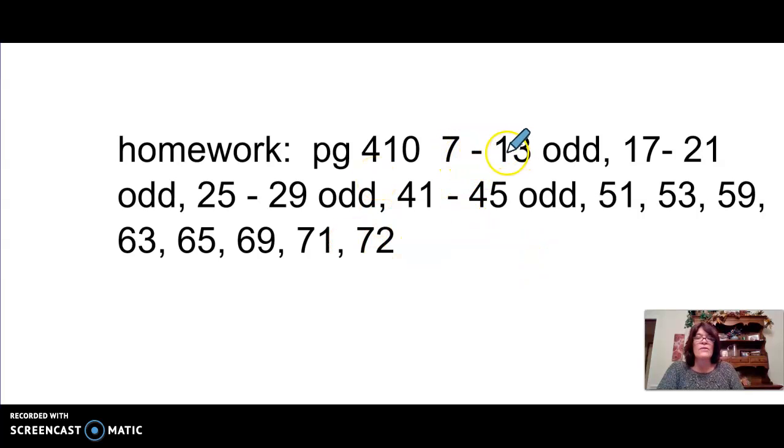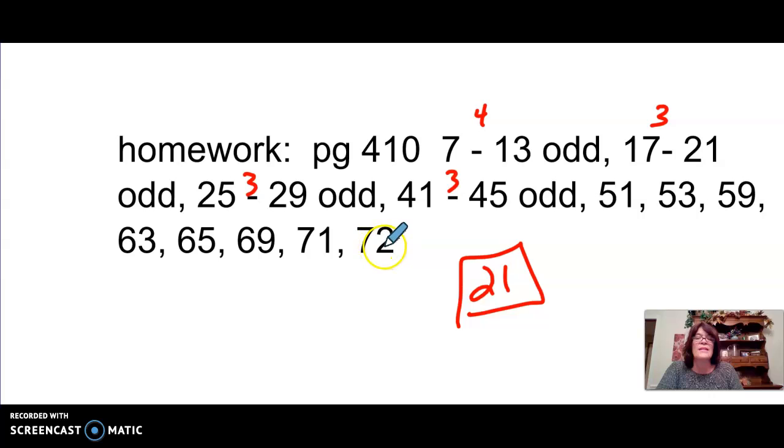Okay, so if you'll do 7 to 13 odd, that's 4 problems. 17 to 21 odds, that's 3 problems. 25 to 29 odd, that's 3 problems. 41 to 45 odd is 3 problems. So this is 21 problems, but yet we go from 7 to 72. Like I'm trying to give you a nice variety. Please try these 21 problems, okay? Make sure you really get this homework down,